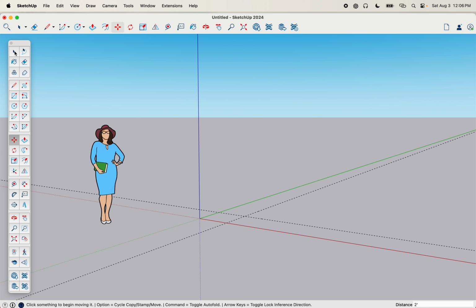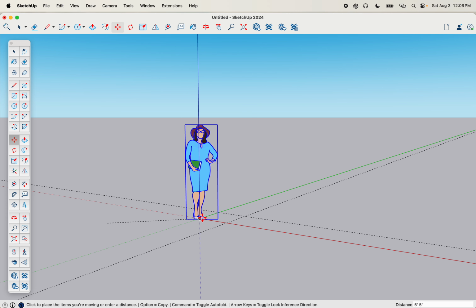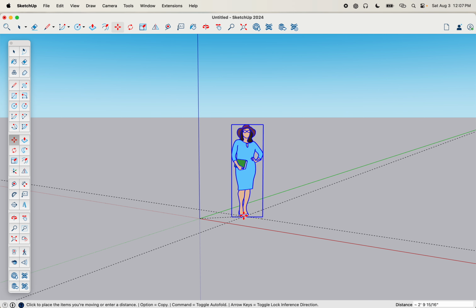All right, let's click this person. Let's do the move tool. All right, so we're going to move, I guess that's their feet. They've got that endpoint. Let's move that to the origin. And let's say we want to place one here. All right, so we're on move. Let's just say that we wanted to move her to that place, right? So right there,